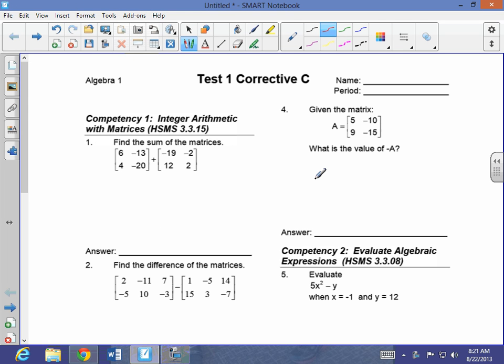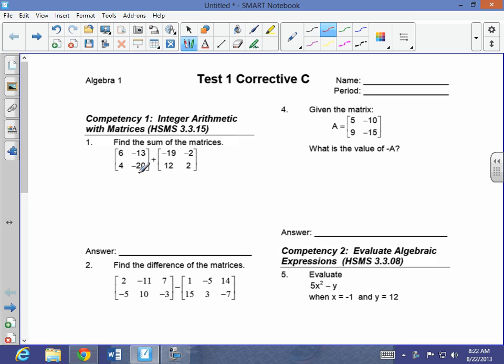Okay, this is test 1, corrective C. It'll be similar to what you're doing. You'll either have A or B. So I recommend that you attempt the problem. When you get done with the problem, hit play to see if you did it right. Maybe you want to watch the problem first and then do yours, or whatever you think you